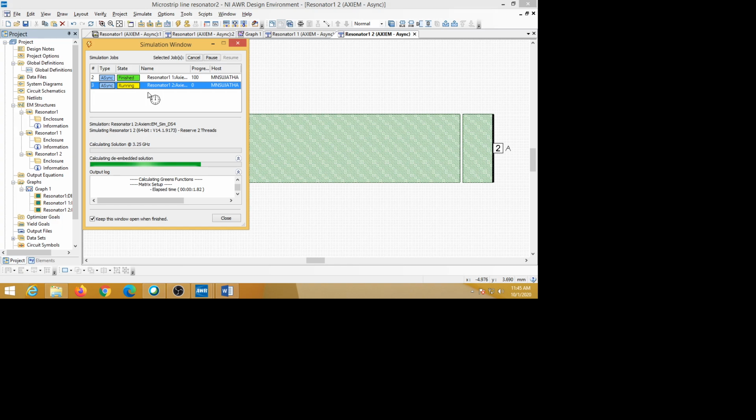It will give the result of all three structures in a single plot, so you can compare those results.